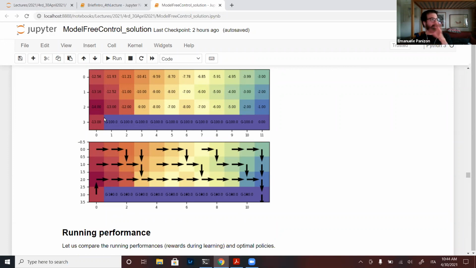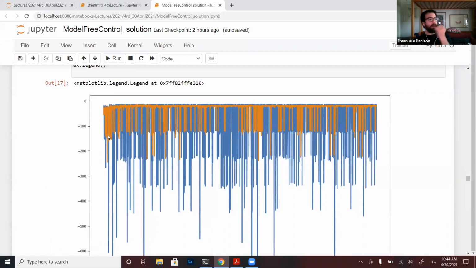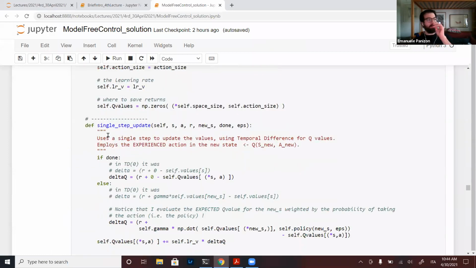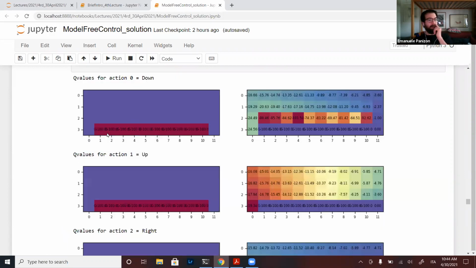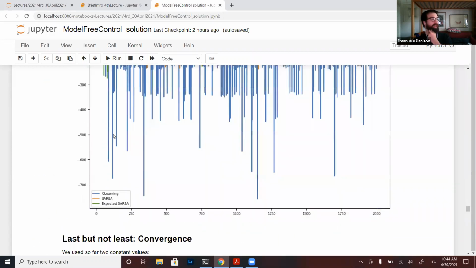Okay, it had still some misgiving. This was Q learning, which learned the optimal value, but still it was rather fluctuating in the Q value. Now, learning rate going to 0, epsilon going to 0. Effectively, this has converged both in policy and in Q values.